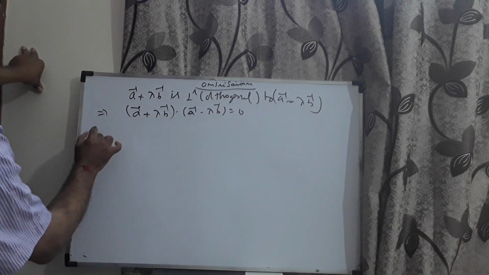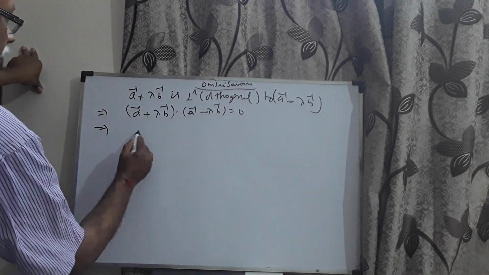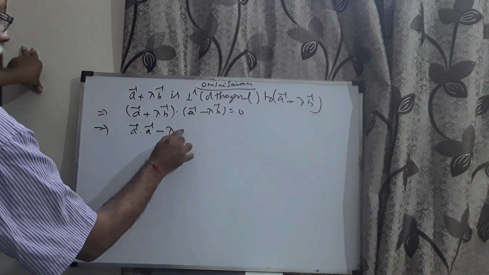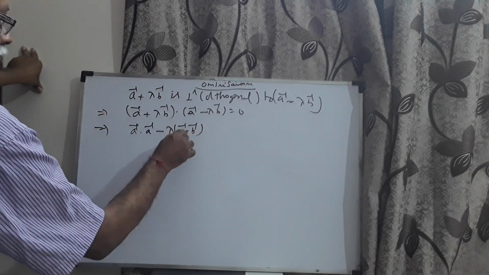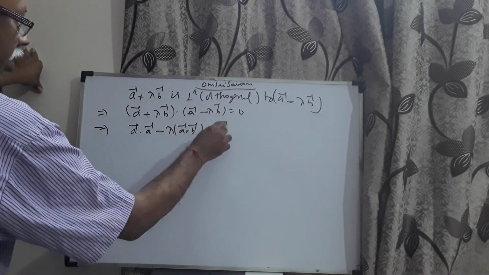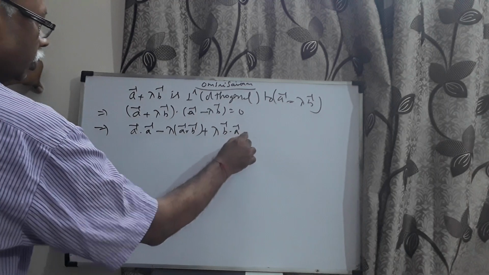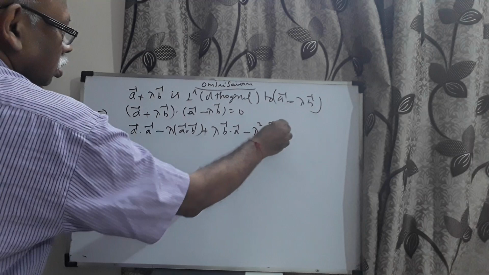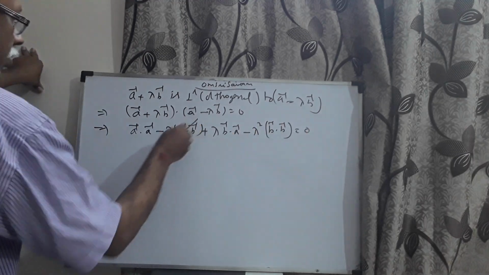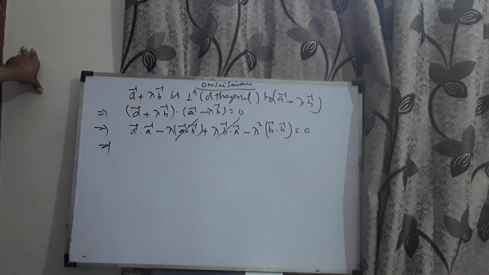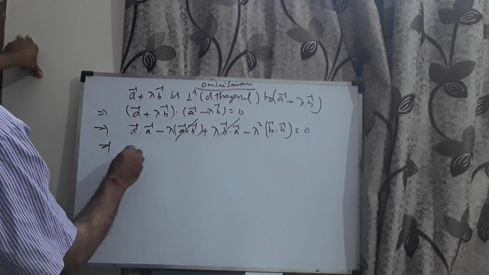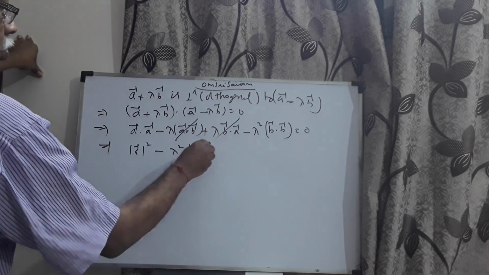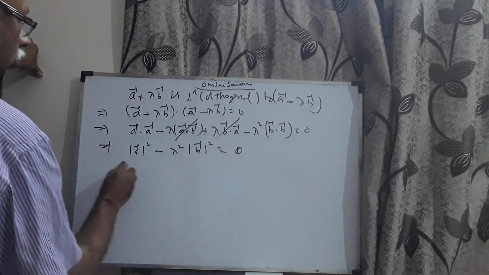Therefore, let me just apply distributive property. I mean to say A dot A minus lambda times A dot B plus lambda times B dot A minus lambda square B dot B is equal to 0. This is the application. These two will get cancelled because A dot B is equal to B dot A. Here I end up with mod A square minus lambda square mod B square is equal to 0, which will